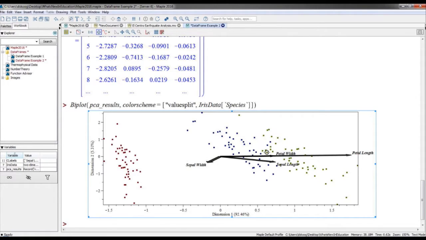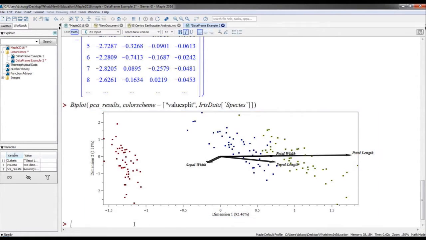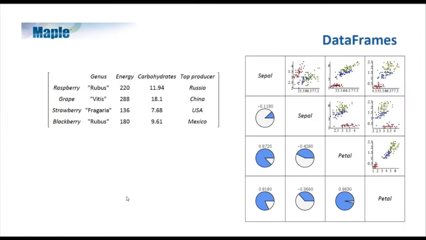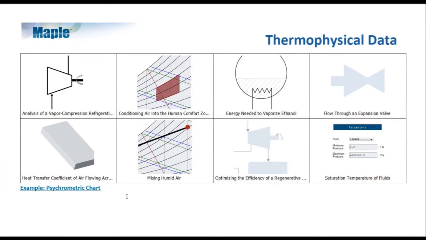But let's move on. Let's discuss next the Thermophysical Data package. So this is an interesting new package for us with Maple, specifically because we've, around it, added a lot of new applications. And that's really the story of thermophysical data, is what you can do with it. On your screen now, you'll notice that there's a number of different applications. These are all